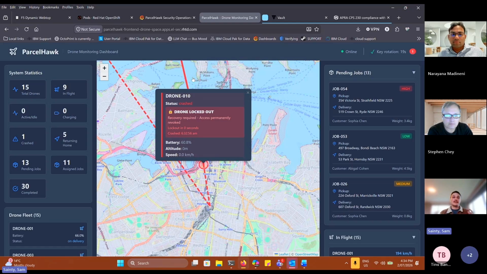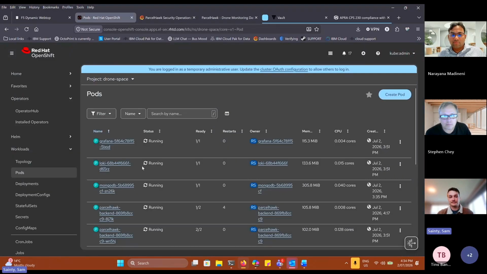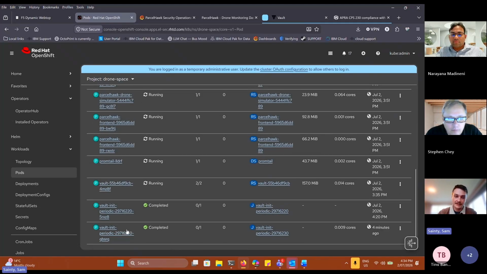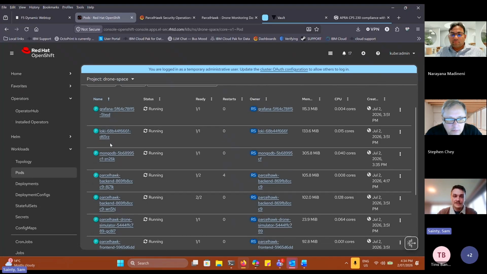So in our system here, we're using our OpenShift environment, and inside of our OpenShift environment, we have our drone system running with all of our fictitious drones flying around. We have our Vault system, and we also have our Auditee system here. So we're using Auditee as the log connector for Vault, and Auditee is a log collector. That's what it does best. So it's a database that is able to connect into a bunch of different applications, scrape those logs, collect them,